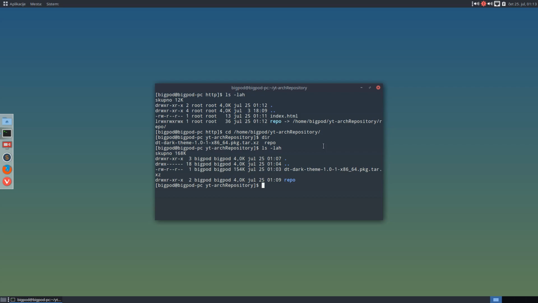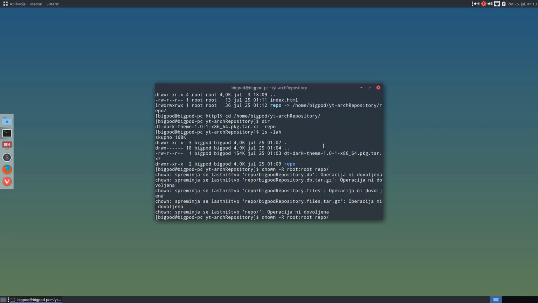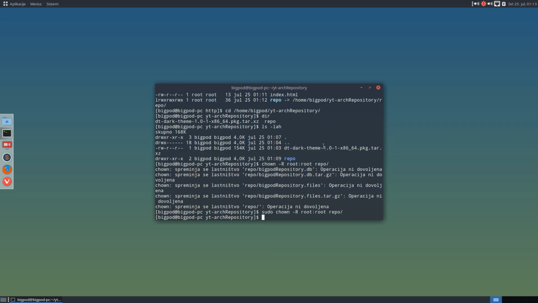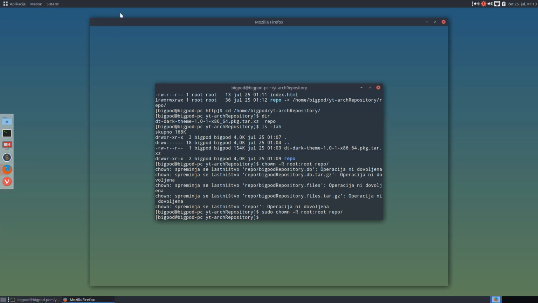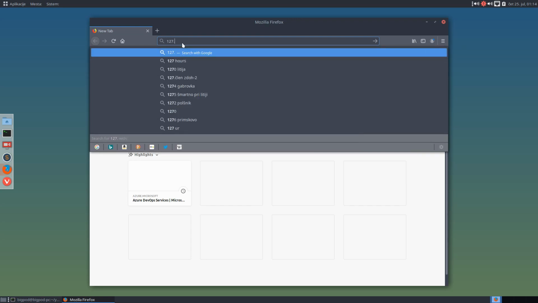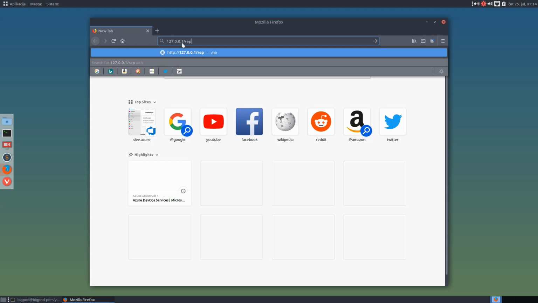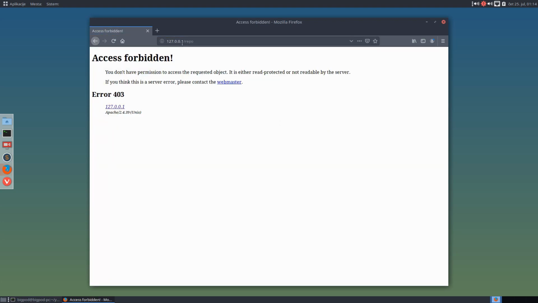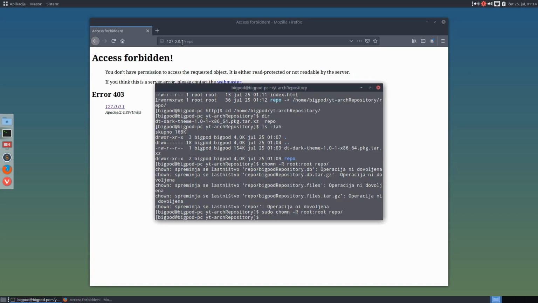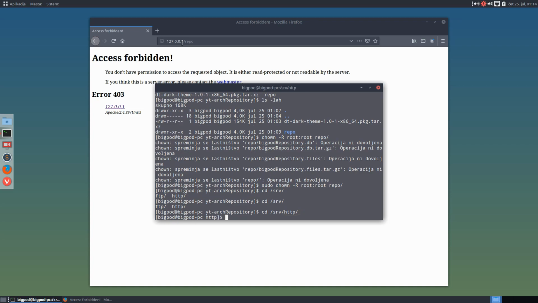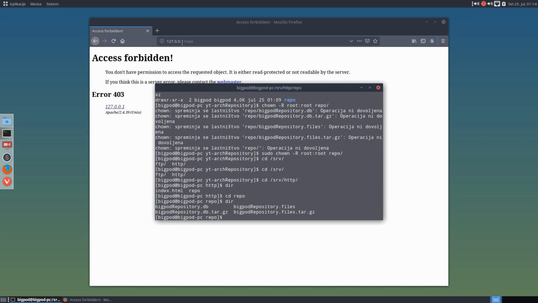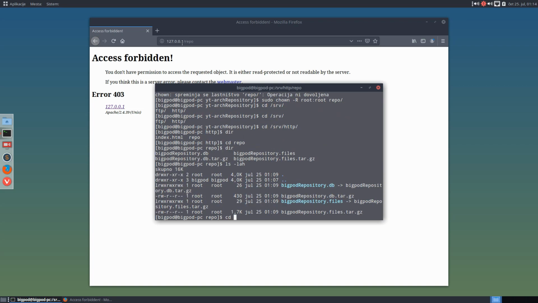My guess? This. Let's just make chown root repo, and let's just make everything that. Boom. Now let's try again. Still access forbidden. Huh. This should work,